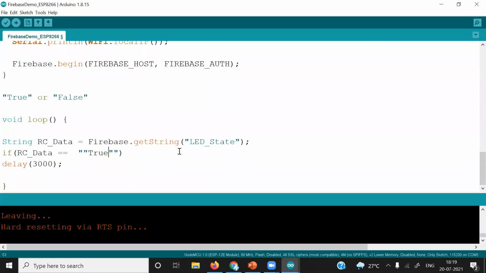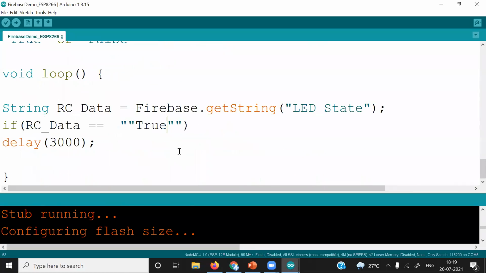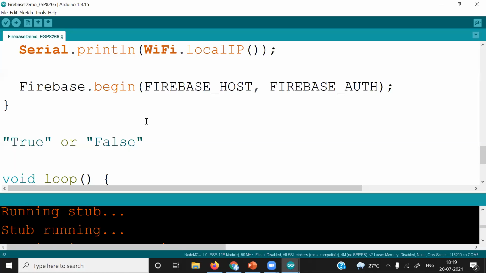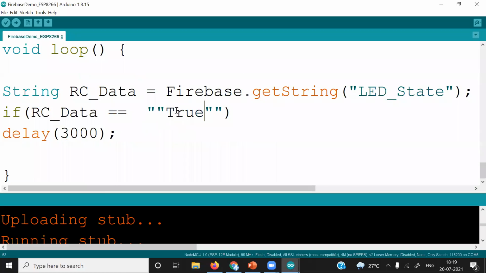I'll zoom it a little bit. Again, I will zoom it. You can see here now. The true, you can see here, it is in black color. And whatever string we put in double quotes, it must be in blue color. What is the reason for it?